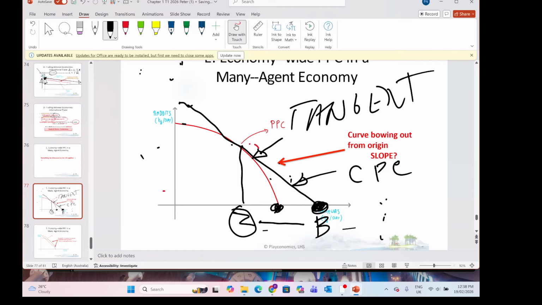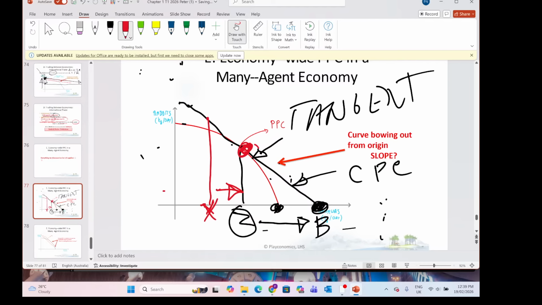If we want any more bananas, we buy them from the rest of the world. If we want any less bananas than Z, if we want X bananas, we still make Z bananas, we consume X, and we sell the rest to the rest of the world. So whether we buy bananas or sell bananas depends on two things.